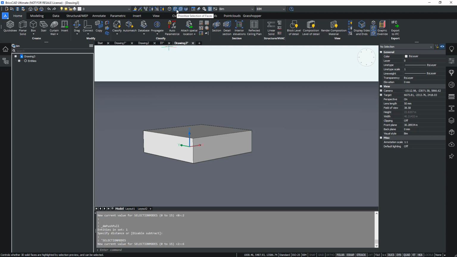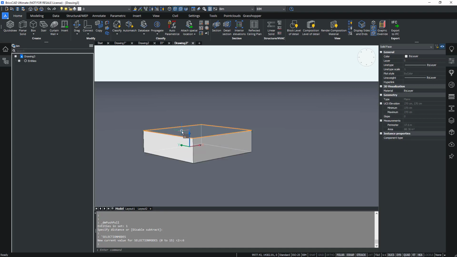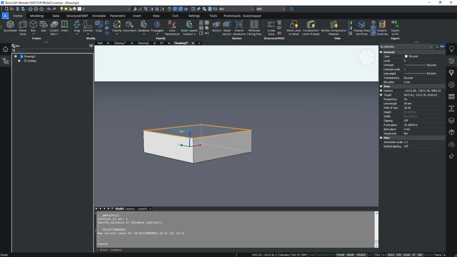As soon as you hover over a solid, it's not the solid that will be seen first. It will first see the faces itself, and only after it saw the faces, it will detect the solid. This means if I hover over an entity, I immediately will highlight the solid face. Once I click, I can also select the solid face.